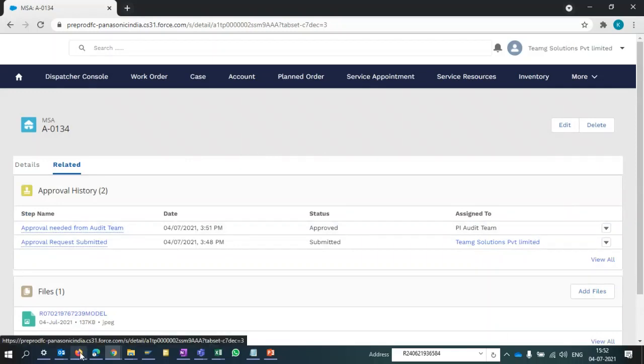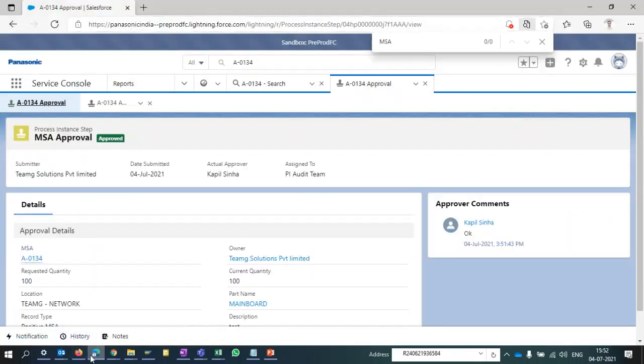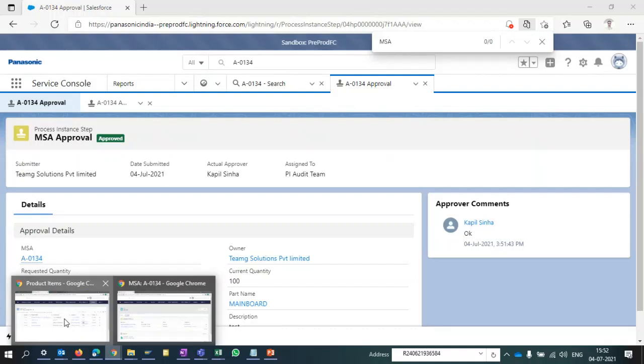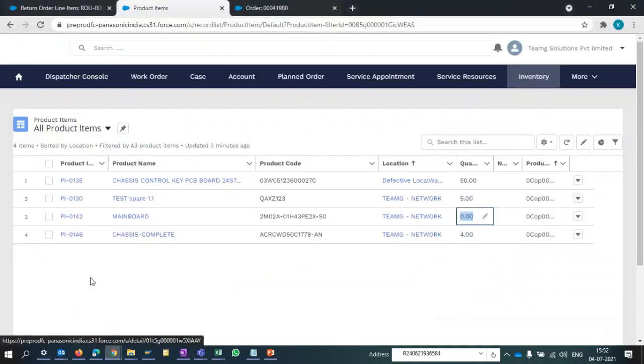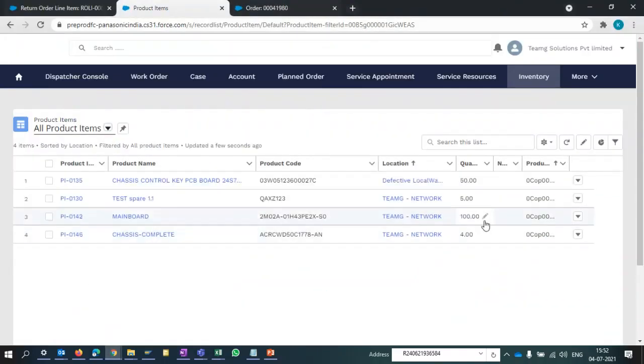Okay, so let's check the ASC inventory. We have added some random quantity. So let's refresh. After approval, you can see the quantity of the requested MSA was updated in the ASC inventory. So that means we have seen the negative inventory transaction and the positive inventory transaction till now.